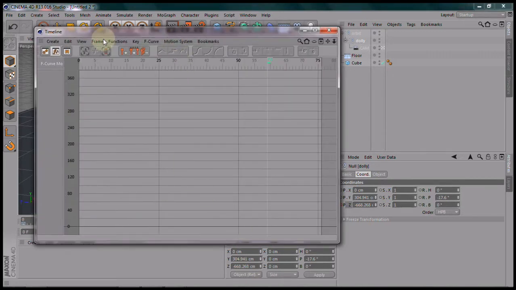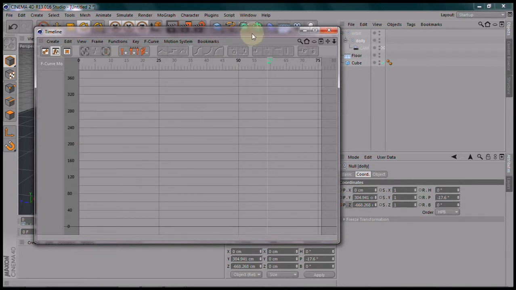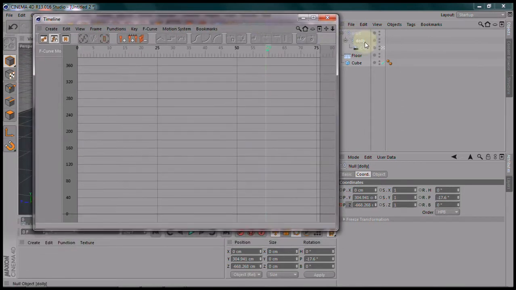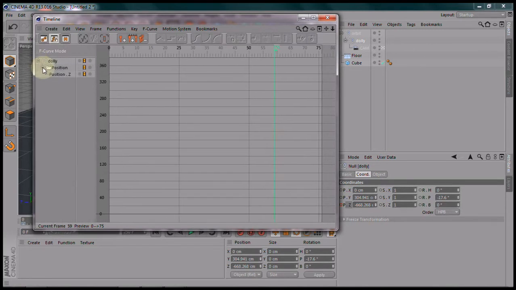Shift F3 to the timeline menu. Now you won't see anything here because I set the automatic mode. I switched that off. I hate it. I'm getting all that crap here. Everything that's animated, I'll just pull it in myself. So I'll just pull in the dolly from the object manager, just drag and drop, and put it in the sidebar here. And I'm going to the F-curve menu, open up the position, and it only has one